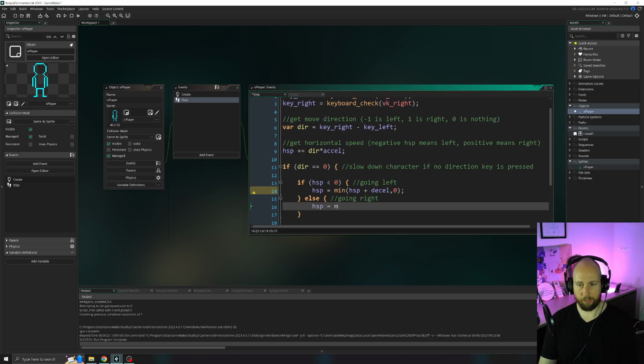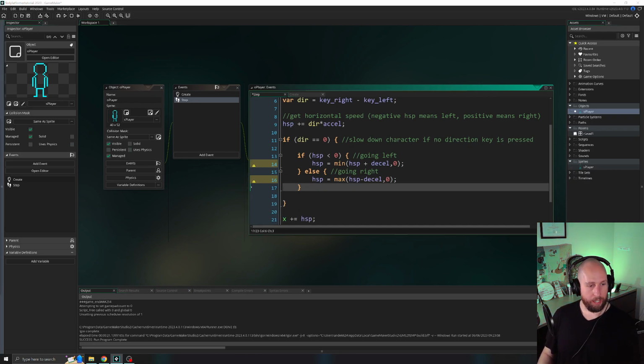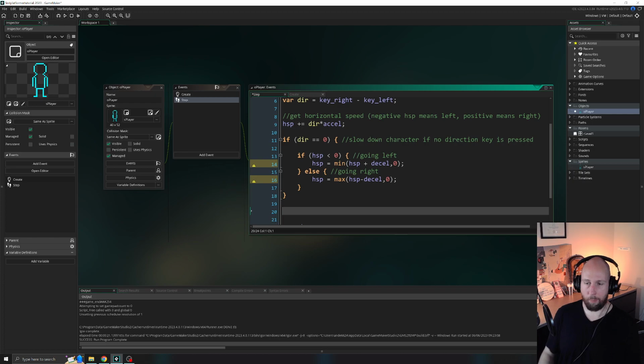HSP equals max. HSP minus decel, comma, 0, close parentheses, semicolon. So this is maximum, and it returns the bigger number, either HSP minus decel or 0, and that's a way of slowing down. Now to set a max speed, meaning we want some values to set like the maximum speed